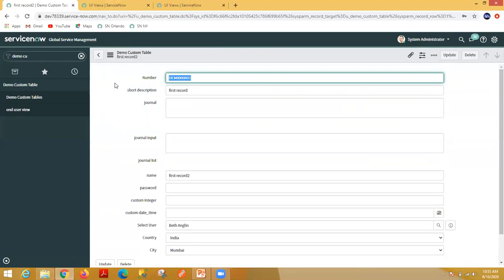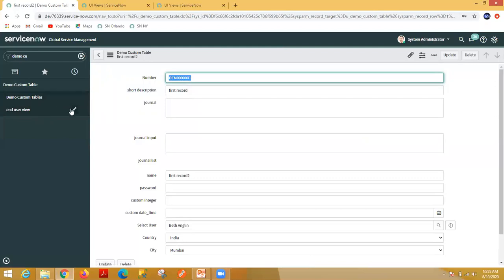Just now I have mentioned how to create a view. Okay, how you can apply one view. Currently, because I have not applied any role here, you are able to see both the modules. So what you can do is apply some kind of role, so that only a particular role of users can see the end user view, and the other set of users can see the demo custom table type of view or default view.